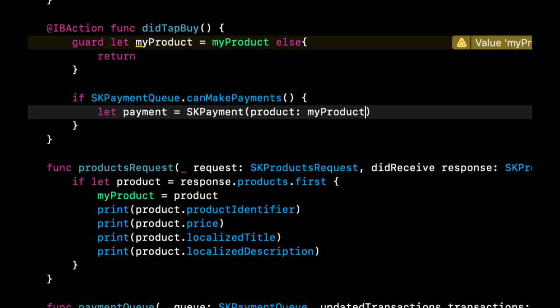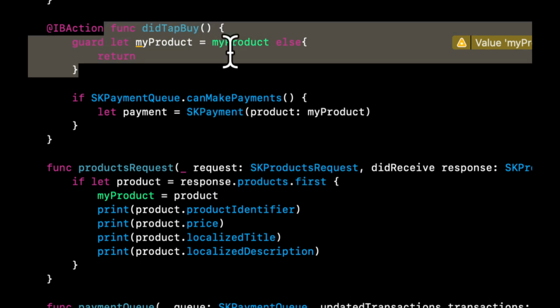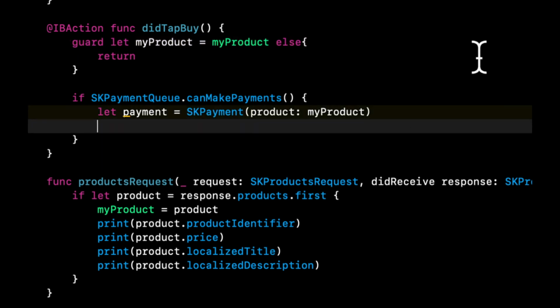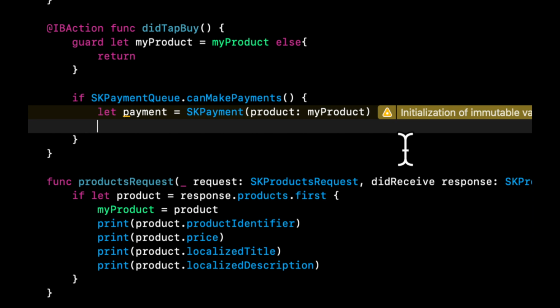And of course, a product is going to be the one that we're unwrapping here. So this warning will go away. And let's see, it should go away. There it goes. So now what we want to do is in SKPaymentQueue,